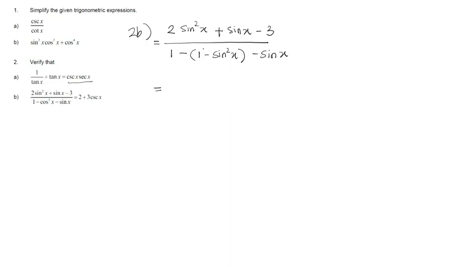So expanding this, we get 2 sine squared x plus sine x minus 3 over